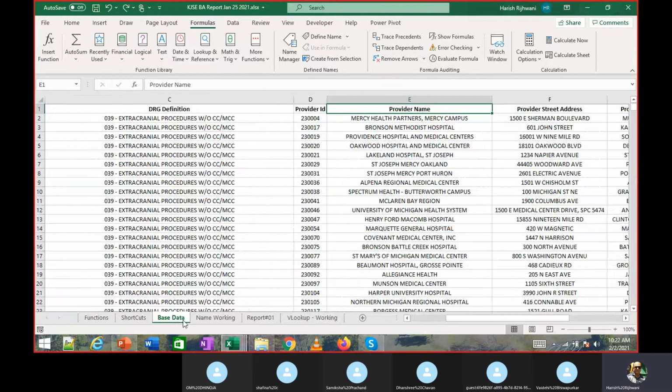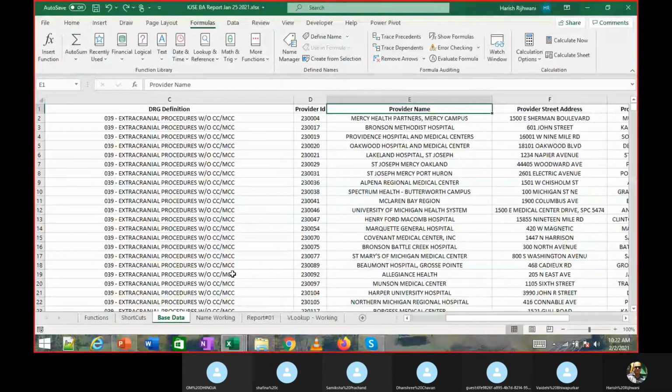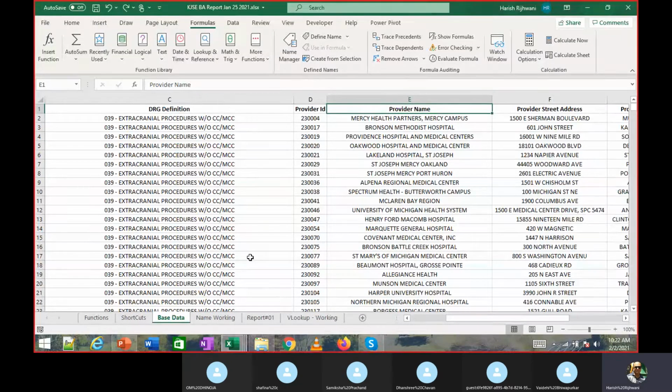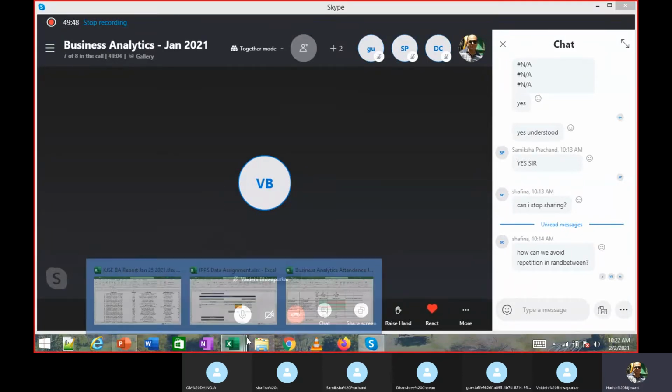So can you tell me whether VLOOKUP will work on this, or do we need to make some change? Any idea? You understood the question, folks? Did everybody understand VLOOKUP, or they're still trying to do that assignment? A simple example that we looked at.